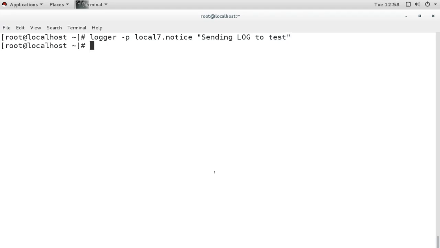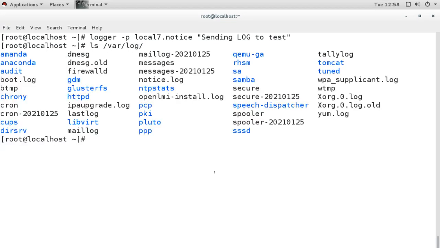Now when I check the /var/log directory, I can see this notice file is created, and the log which we created will be sent into that file.